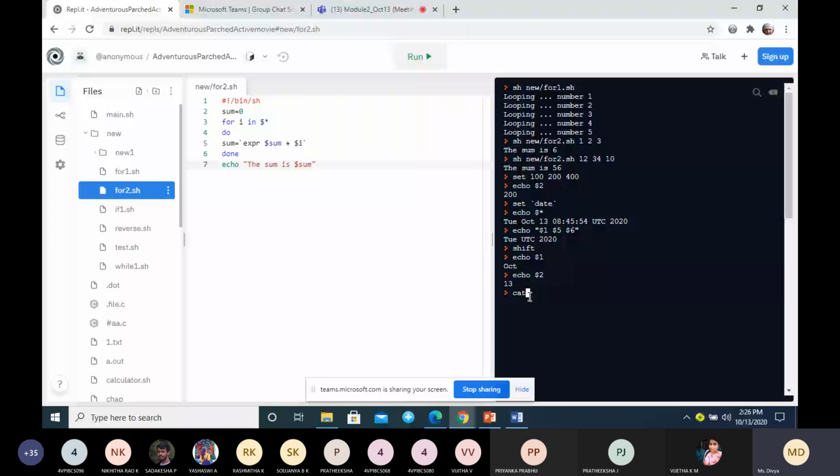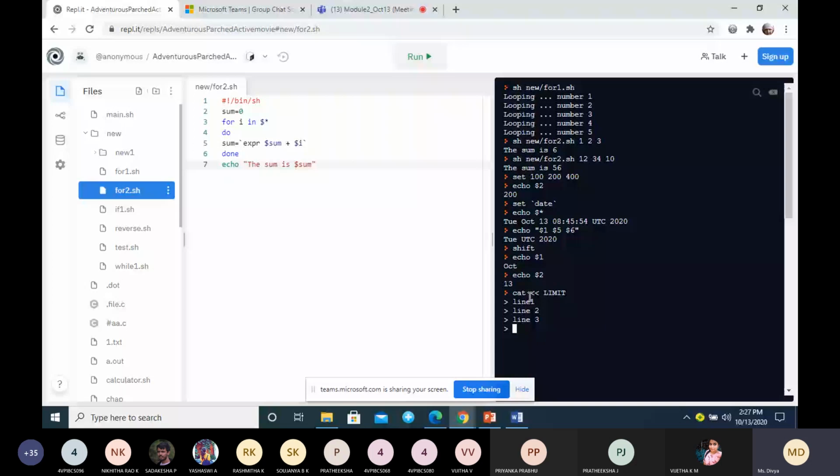For the cat command, I'm not specifying any file name, but instead the file content I am writing here itself. So this is my first line, line 1. We can write a meaningful message. This is line 3. And finally indicate the end.